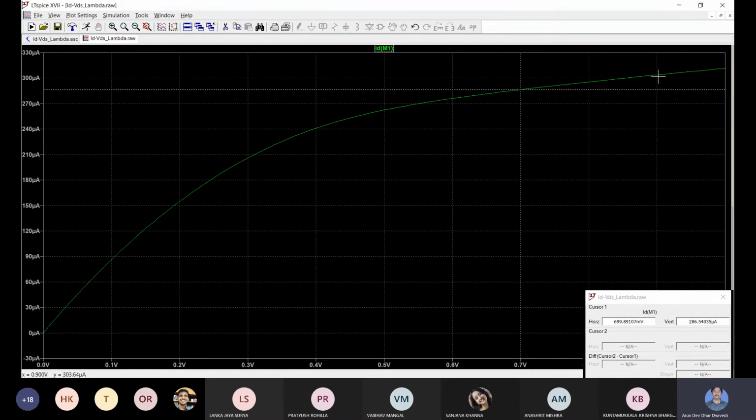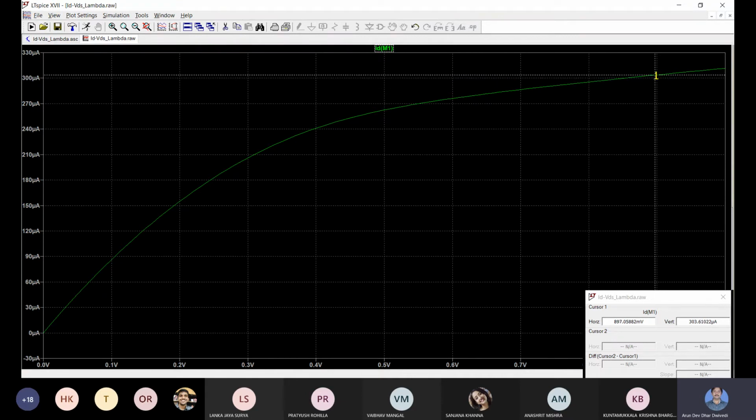Suppose next time you want to read the current and voltage somewhere else, you can move this cursor, right click, here somewhere. This cursor can be moved. So here, when you are around 0.9 volt, then current is 303.91. So ID1, ID2 you can read from this directly.